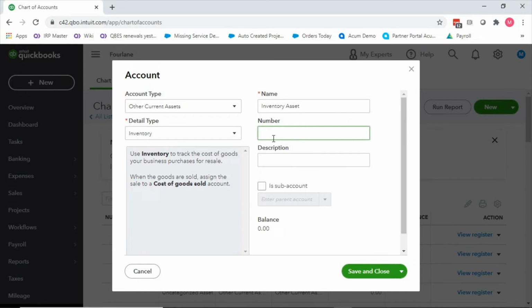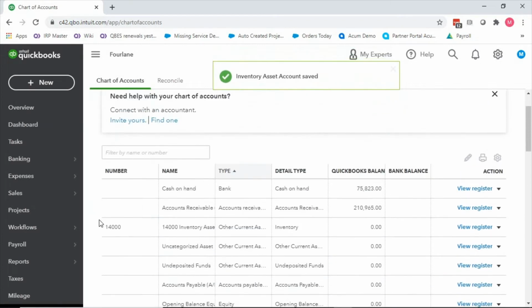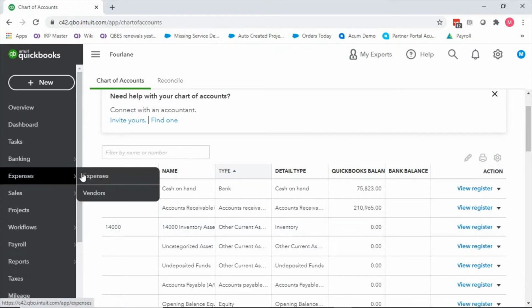Generally the inventory is in the 1000s. So let's just say 14,000 for inventory, and save and close. So now you can see that I have a number column and I have inventory asset, and it builds that number into the name.